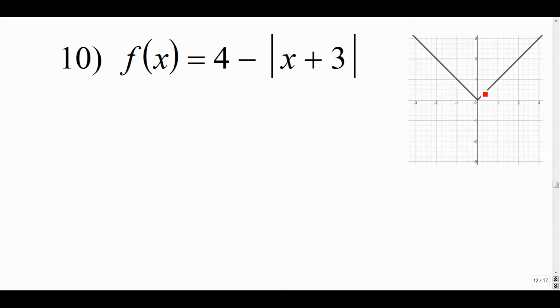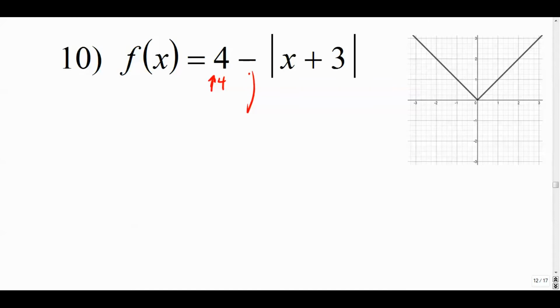Absolute value, parent function is right here. So this guy, I've got a +4 outside of my absolute value. Looks like it's a -4, but don't be confused, it's a plus. Sorry about that, that was the bell. And so that means I'm moving up 4,